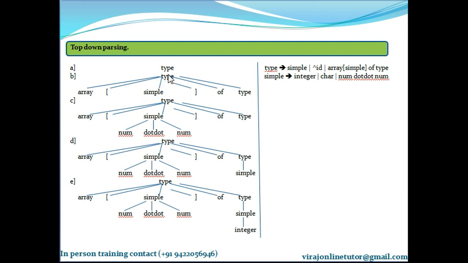So in top-down parsing, I started off with the starting symbol. Then I replaced type with the third option. So that I wrote here. Then I replaced this symbol with its third option, which is this. Then I replaced type with simple over here. Then I replaced this simple with integer. So from top to down, I kept on substituting productions, and over here if I just focus on my leaf nodes, I got what I intended to get. So this is top down parsing. Start with the start symbol and end when your entire string is deduced from the productions.